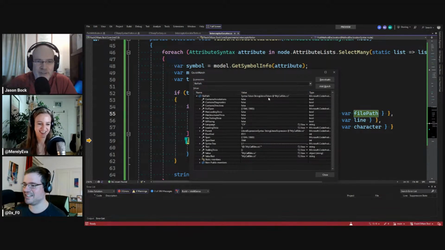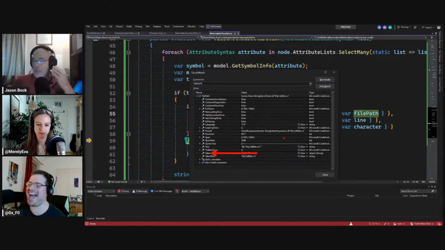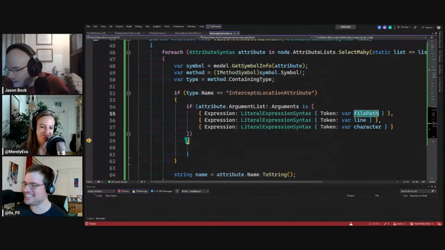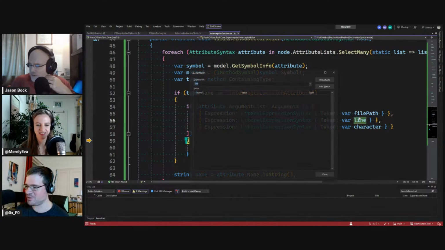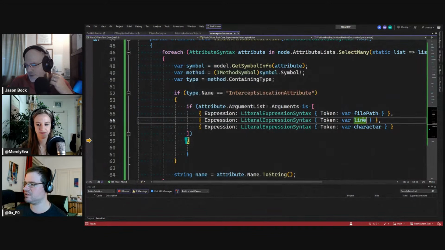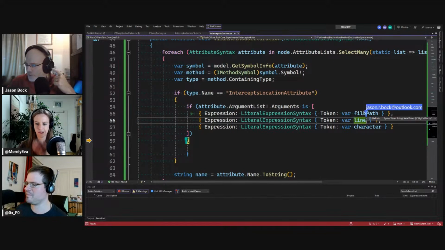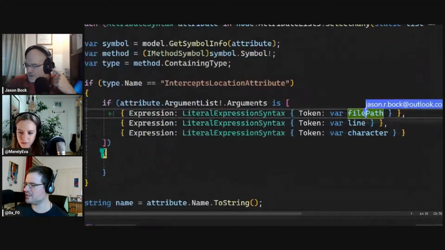What do you actually have for these things? So, file path, does it actually? Those are now the tokens. So, how can we get a value from that? Value. Okay, we just call value. I'm sorry, what did it do? I think it just says value, and that's an object, and I think we can just cast it. Wow. So the same thing with the file, because I can't hover over it and see it for some reason. It's not doing that for me. But if you do it, what is that showing for file path? Well, zooming in, it also shows the at.